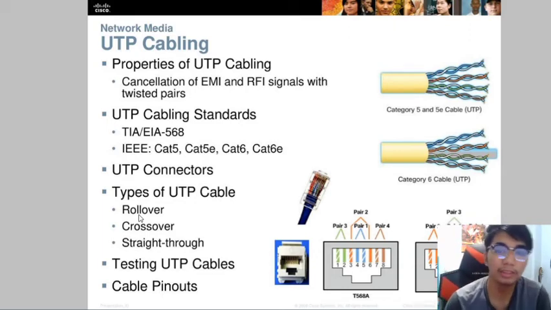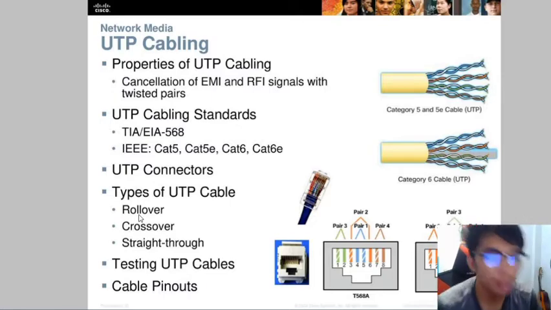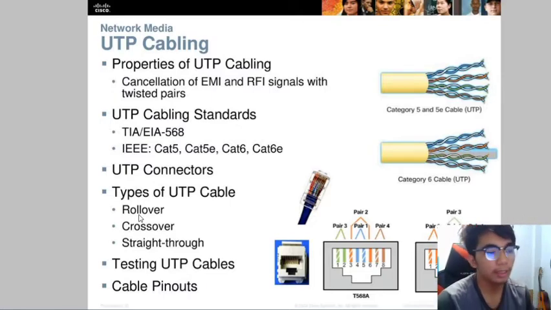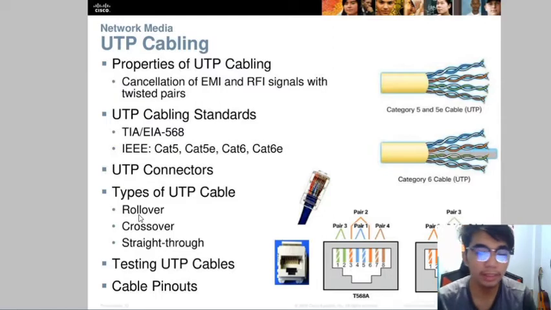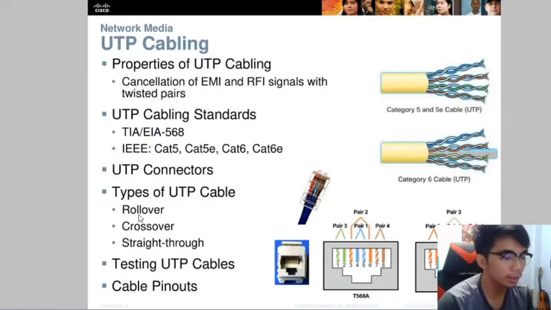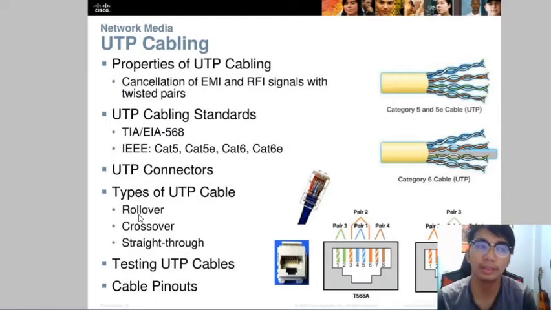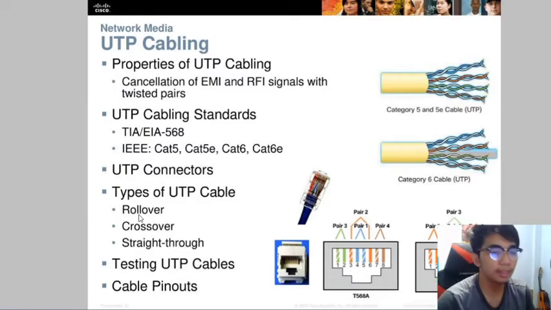In order to test UTP cables, you should always check the pins or the cable pinouts. If it is too long, you can ping each other, because in order to have connectivity and other stuff. Then